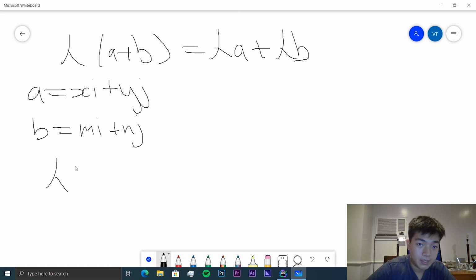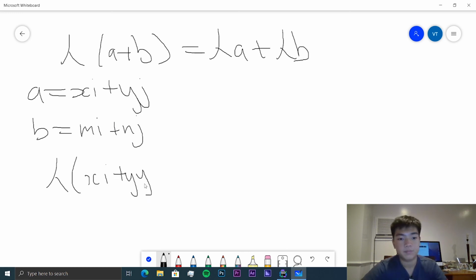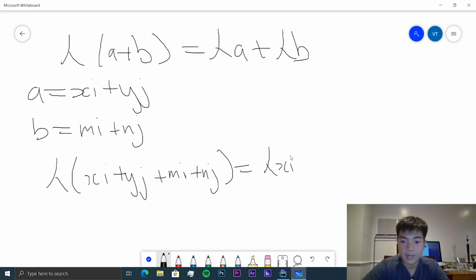So we have lambda of (Xi plus Yj plus Mi plus Nj) is equal to lambda Xi plus lambda Yj plus lambda Mi plus lambda Nj,